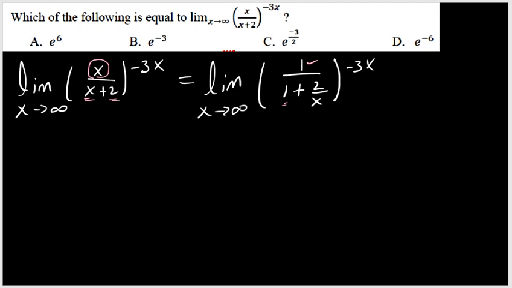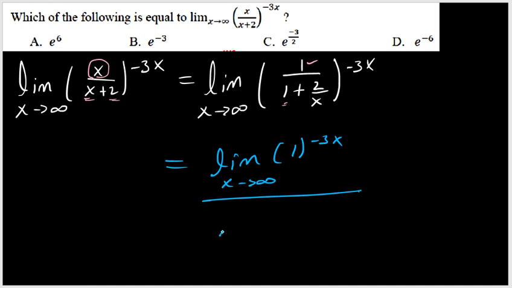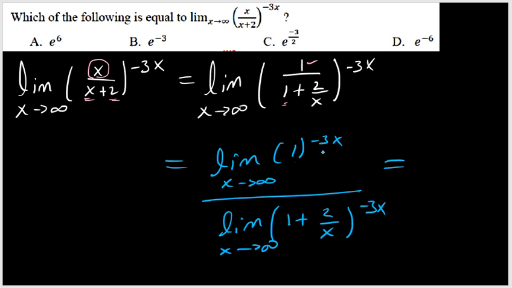But we can break down this function and write it as the limit of the upper part, 1 to the power of negative 3x as x goes to infinity, over the lower part, the limit of 1 plus 2 over x, the whole to the power of negative 3x as x goes to infinity. The upper part, 1 to the power of whatever, is always just 1. But the lower part, according to the special limit concept we explained before, is going to be e to the power of,